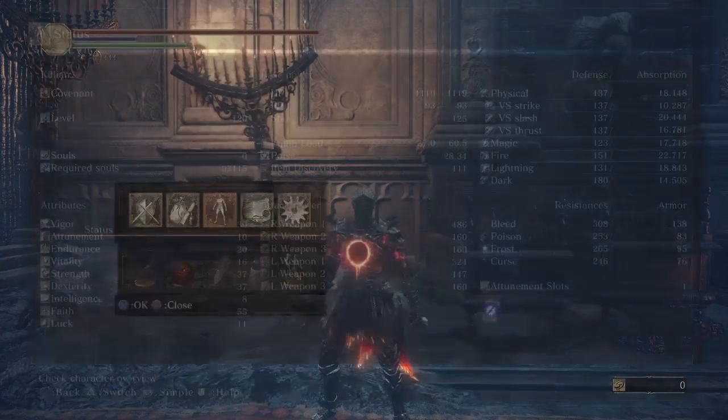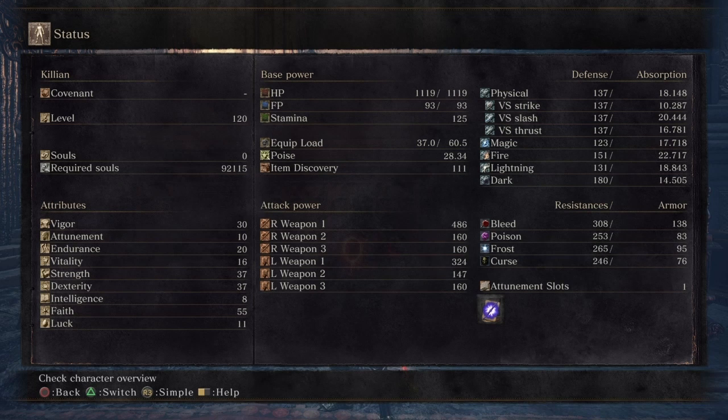Alright guys, now I'm going to show you the stats for the build. Just keep in mind that there's 2 versions of the build. There's the regular version, which is this one, and then there's the hyper mode version, which is the other one. So if you just plan on using this build for invasions and regular PvP, then you're going to want to go with the standard build, which is a